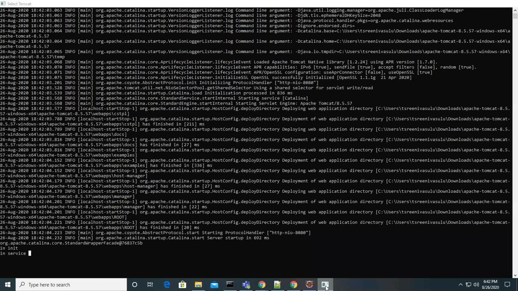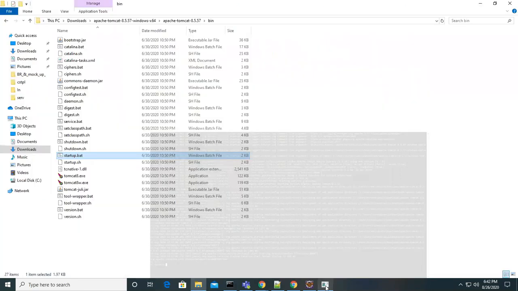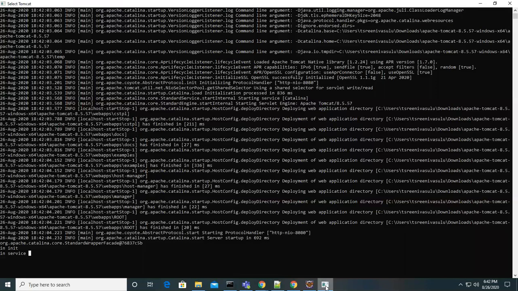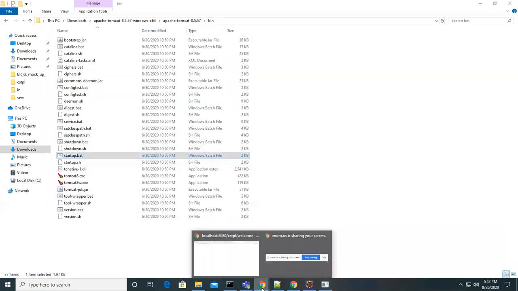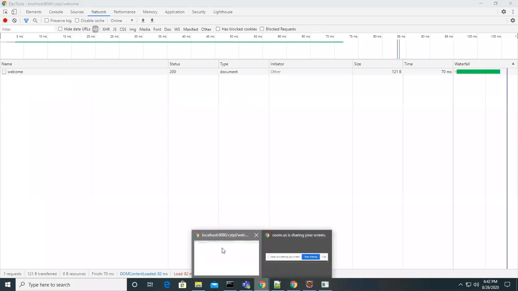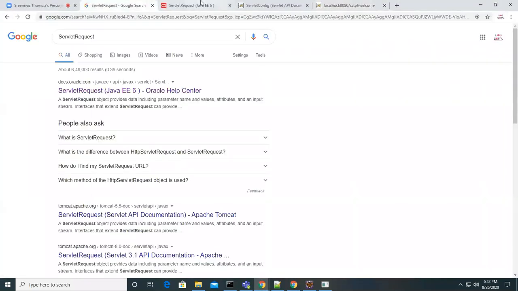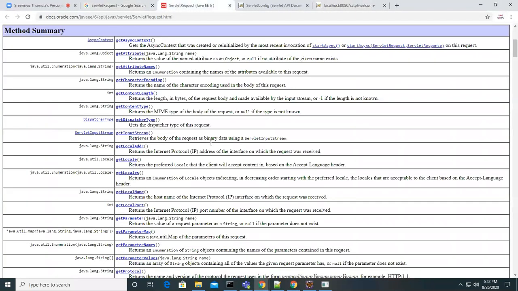Okay, so anyway, just look at these methods and try to use some of them in our code. Try to write a servlet program and compile it, and from the request object try to use these methods, display them, and do some practice on that.